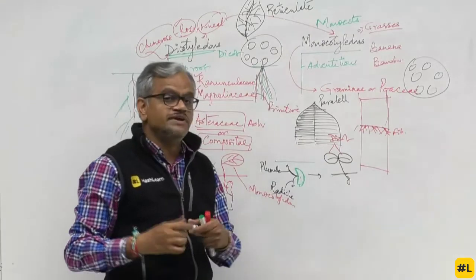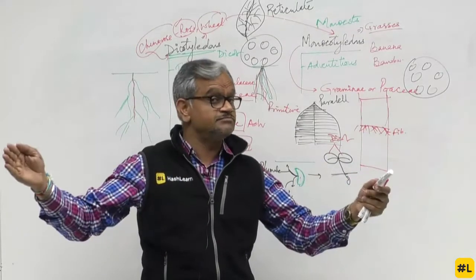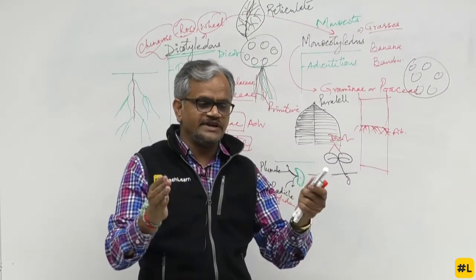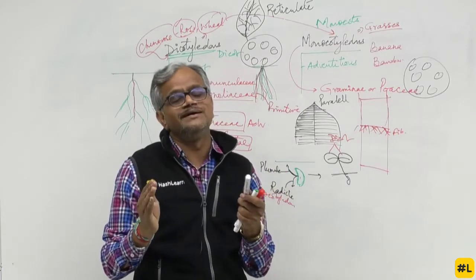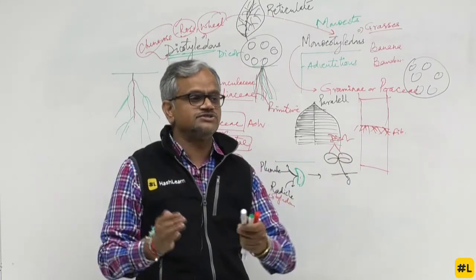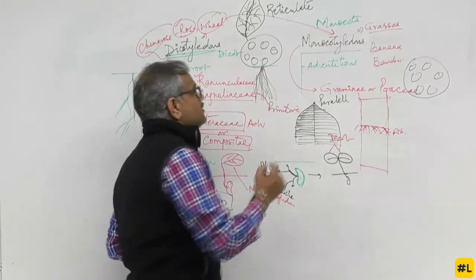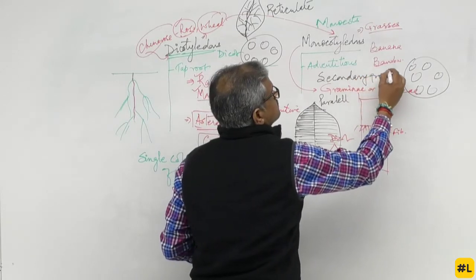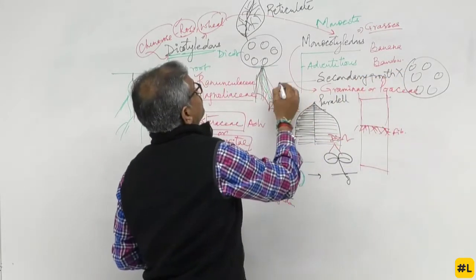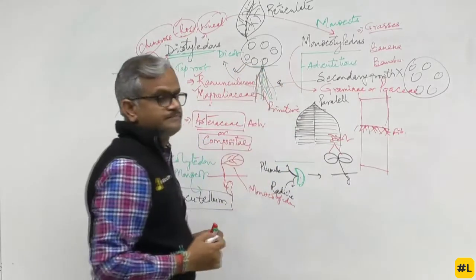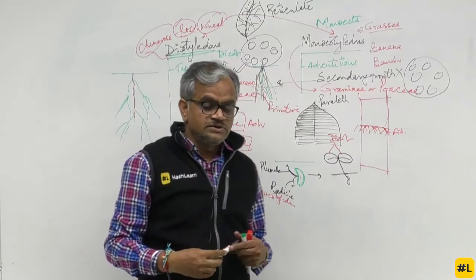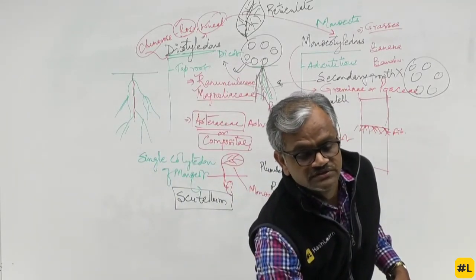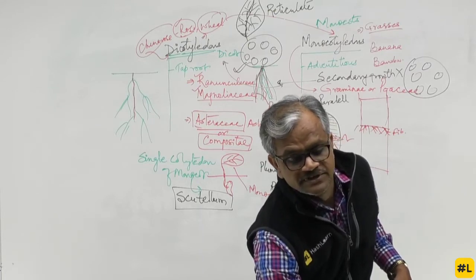Monocots usually do not have a very thick stem. If you see a neem tree or a grass, you will understand it. A neem has a thick stem, grasses do not have. Why, sir? Because monocots do not have secondary growth, whereas secondary growth is very precise in dicots. When I say secondary growth, do remember the growth in the girth. Growth in the girth is called secondary growth.